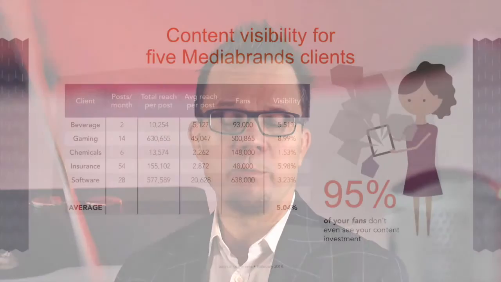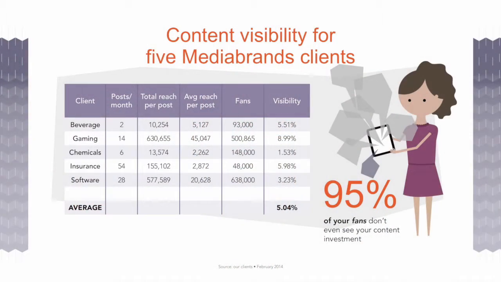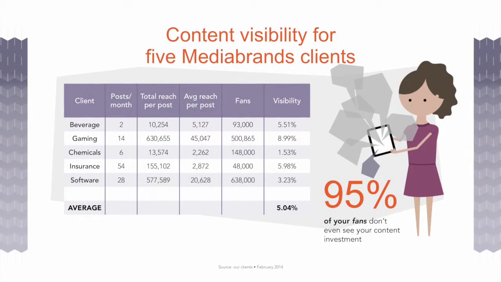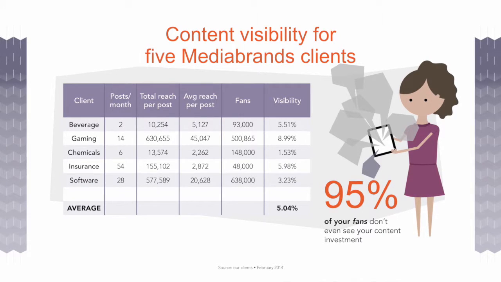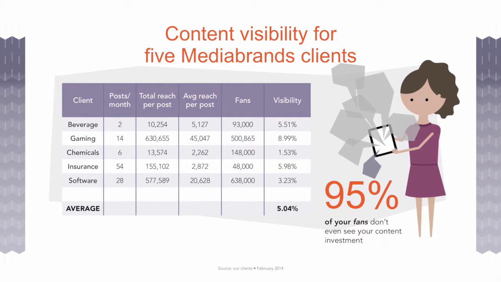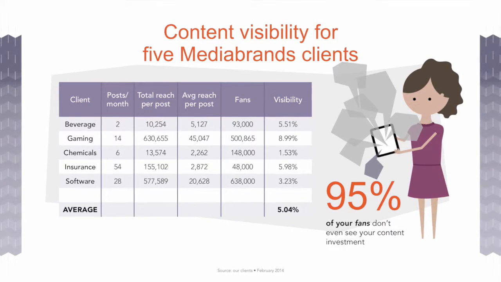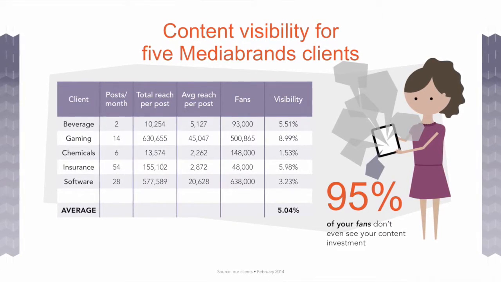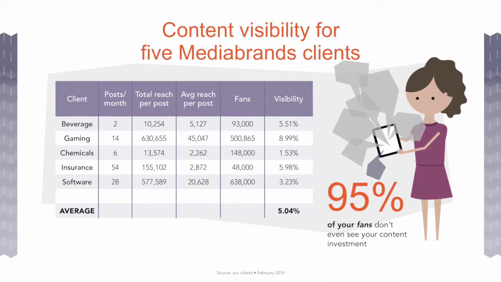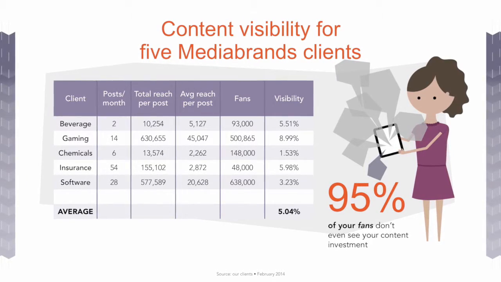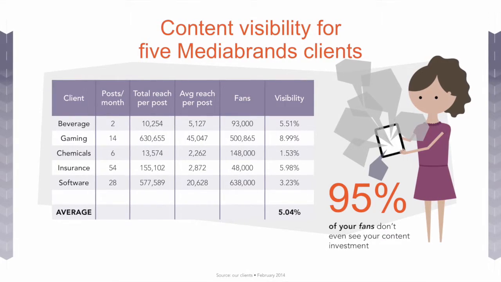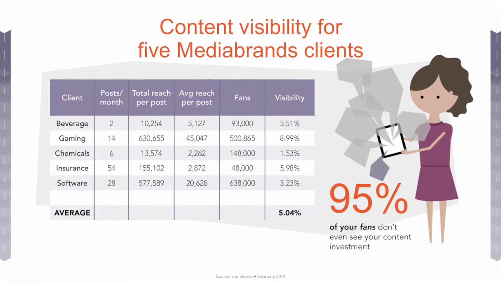We tried to find this out more than a year ago, and we analyzed our clients' Facebook pages, and this is what we found out. So when we looked at different industries, we found out that the organic visibility, meaning posts that are being seen by the fans of these brands, went down on an average to almost just 5%. Meaning that whenever a brand posted something on their fan page, only on average 5.04% of the fans actually saw